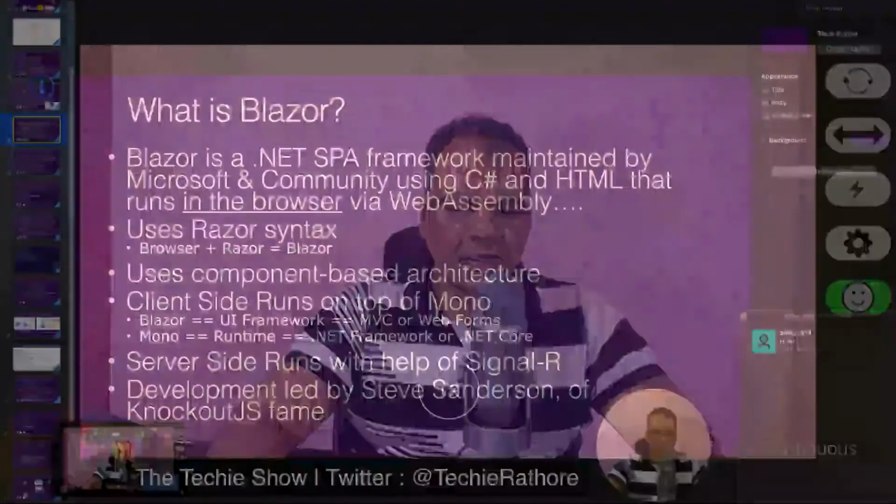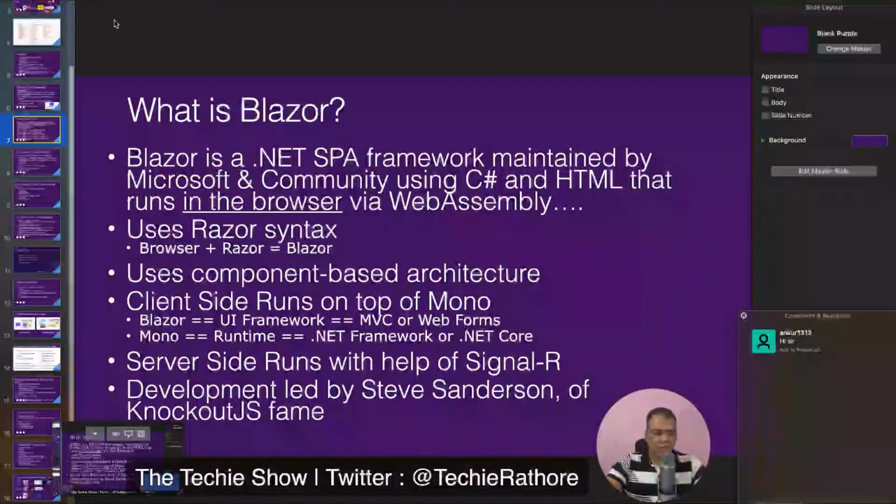So we are starting with the very first question which people have asked me, which is, what is Blazor? Let me explain what is Blazor. Let me share my screen. You might be able to see my screen now.